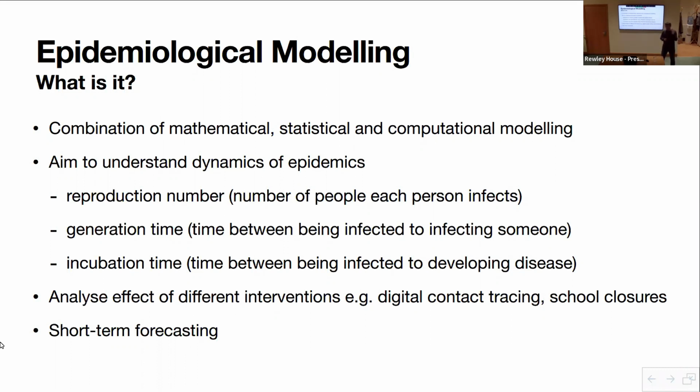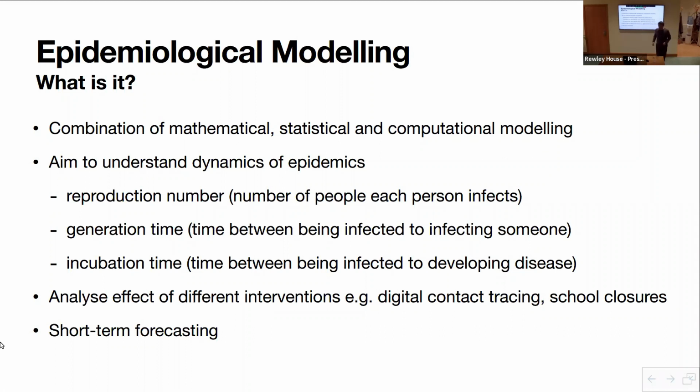That is the time between someone being infected and developing symptoms, developing the disease. The difference between the incubation time and generation time is very important, and it's also important for how you can control it. If the incubation time is less, it means that people will not transmit the disease until they've developed symptoms, which makes it much easier to control because people can, in principle, know they have the disease prior to when they would normally infect other people.